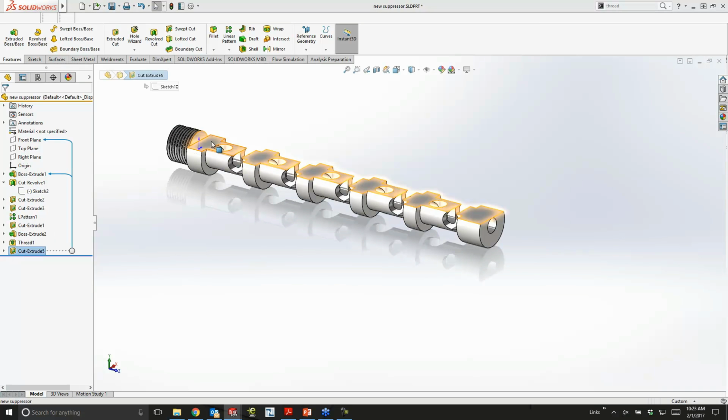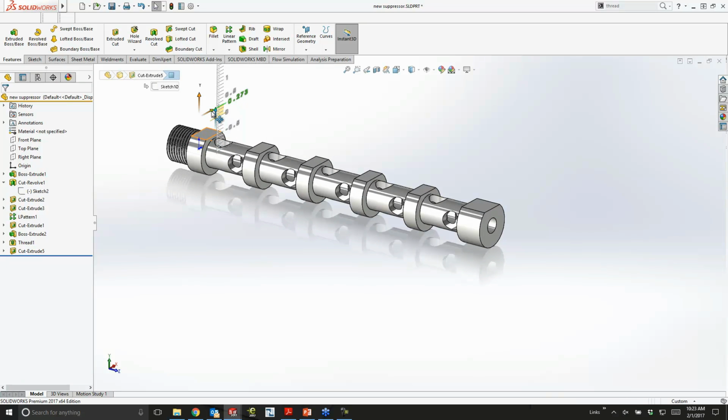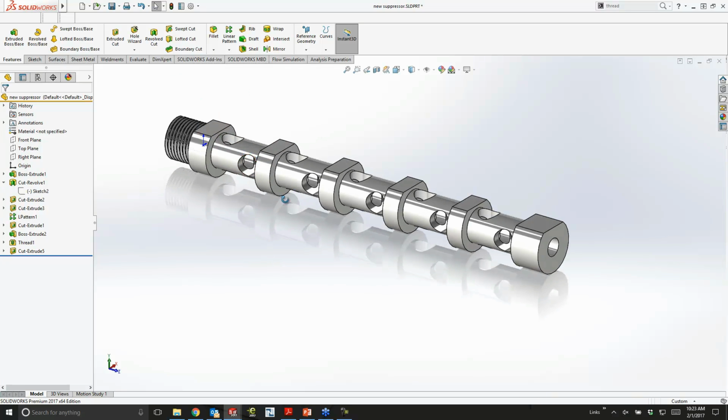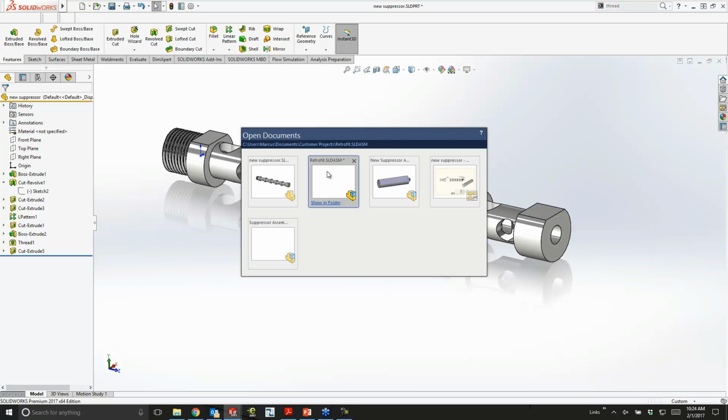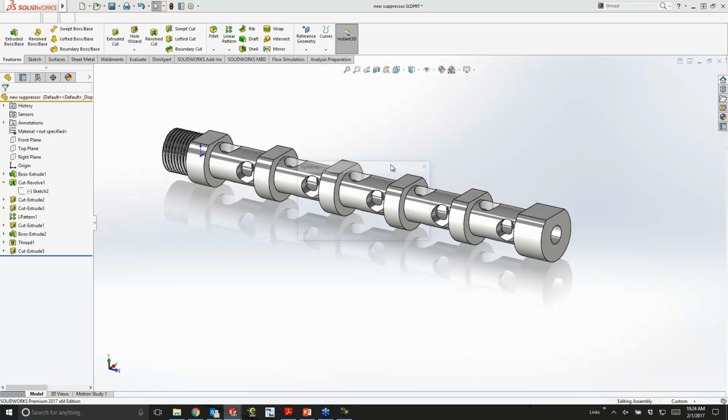This guy's definitely too high. So you can grab that cut and just kind of pull on it. So for those of you that don't use Instant 3D or haven't seen Instant 3D, you see it's very easy to go and make these changes to this design. Now if we go back to this suppressor assembly, we should see,